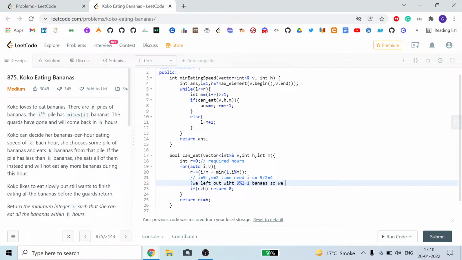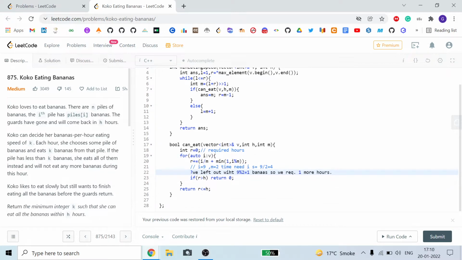So we require one more hour. I think you understand it now. For i equal to 9 bananas, if we can eat a maximum of 2 bananas per hour, then we require 9 divided by 2 equal to 4, and if it is not completely divided, we are left out with some modulo bananas, and we take 1 more hour to complete this.